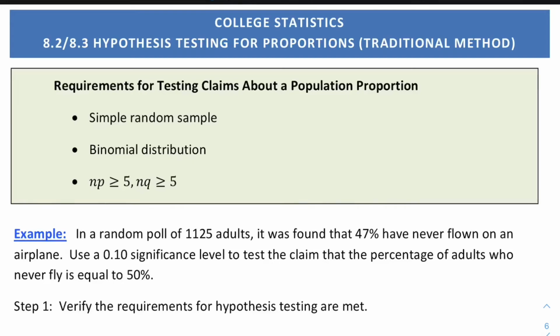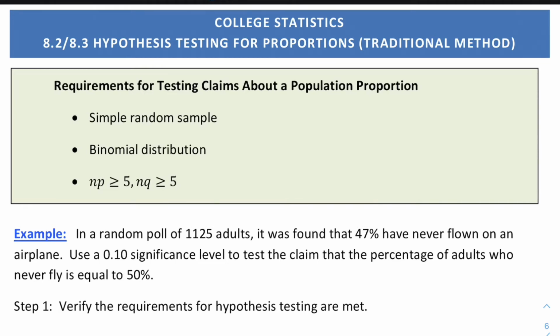So we've looked at the pieces of hypothesis testing and what we need to do it. We haven't actually done a full hypothesis test yet, so we're going to do that today. Things that we need to test a claim about a population proportion are a simple random sample, a binomial distribution